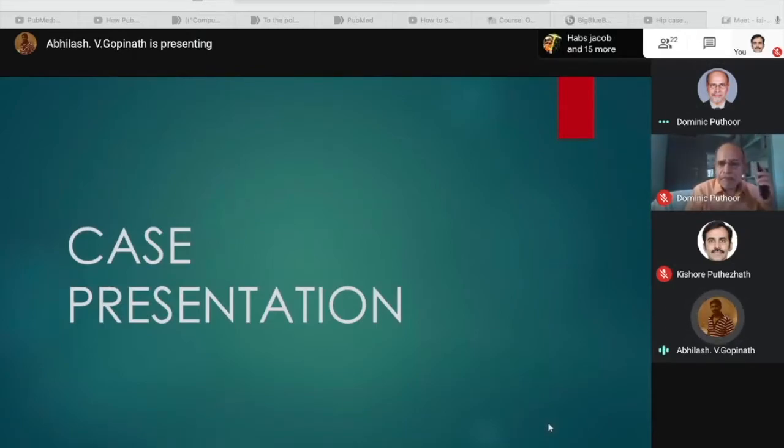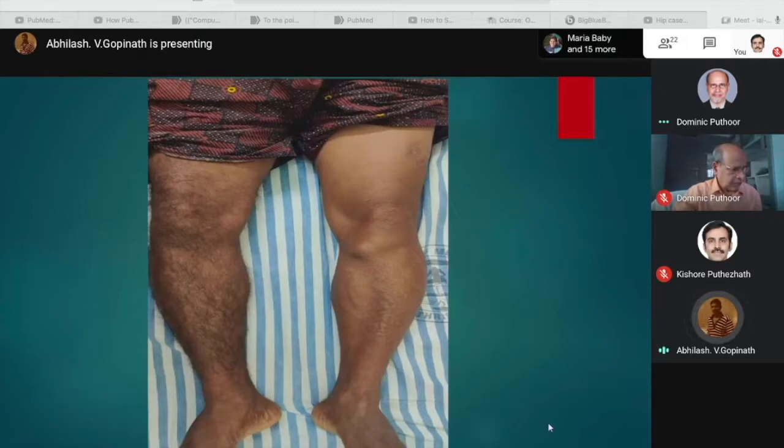Presenting a 60-year-old male patient hailing from Thrissur, farmer by occupation. He presents with a history of a swelling over the left knee since 1 month. The patient noted a swelling of the size of a peanut over the inner side of the left knee. Initially, it was not associated with any pain. The swelling gradually increased in size and reached the size of a lemon, and it was associated with pain